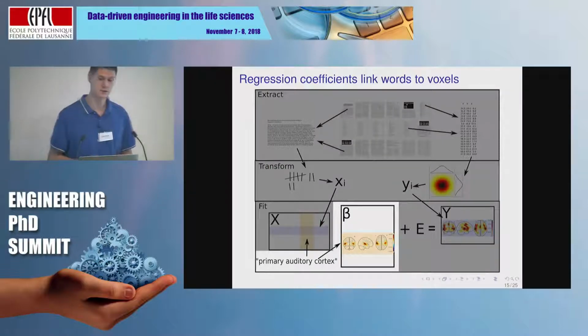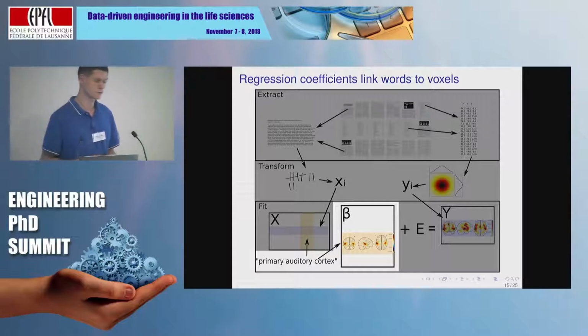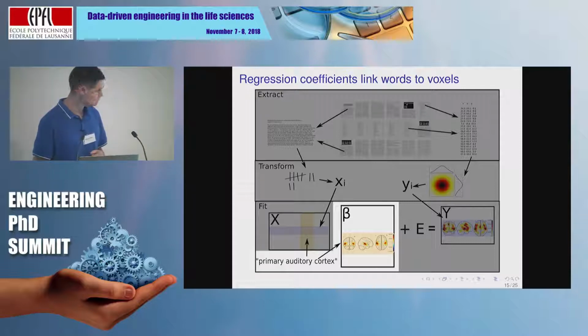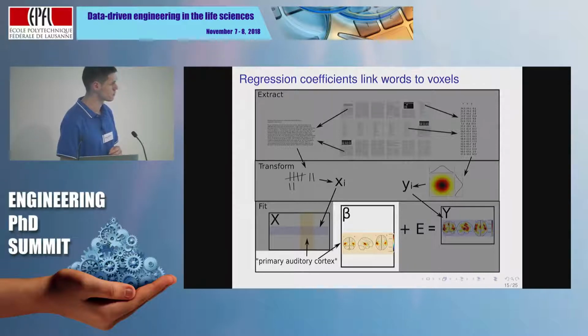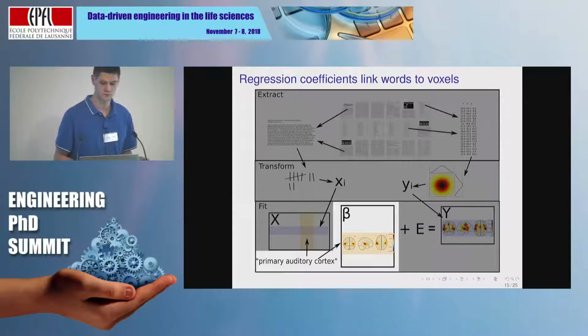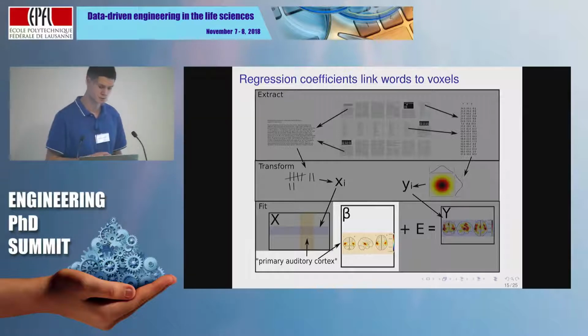But what we're really interested in, once we have checked that it can make predictions, is to look at the coefficients that are learned by the model, the mappings from words to positions in the brain. Remember that these are word frequencies, so each column corresponds to a word in our vocabulary, and we are predicting a density over all the voxels in the brain. So each row of the coefficient matrix maps one word to something that has the dimension of the brain. It is the brain map that the model has learned to associate with a particular word.